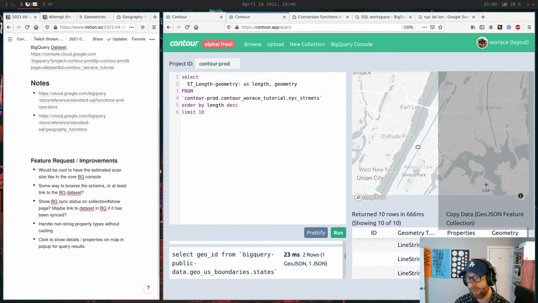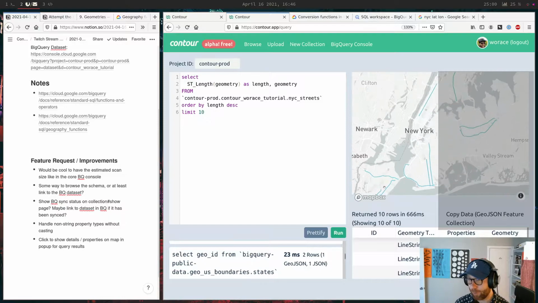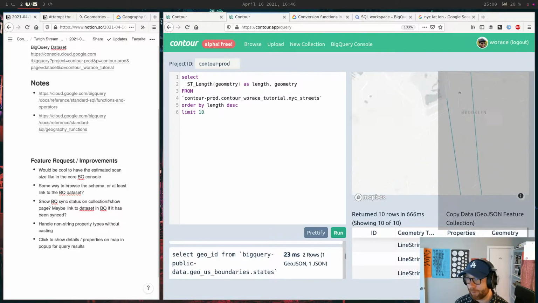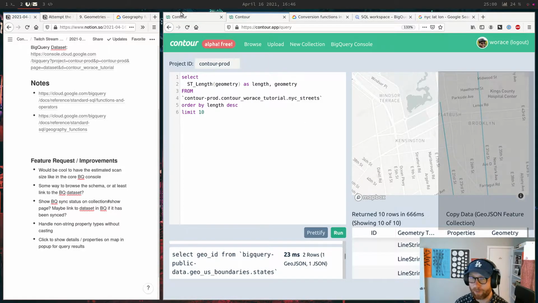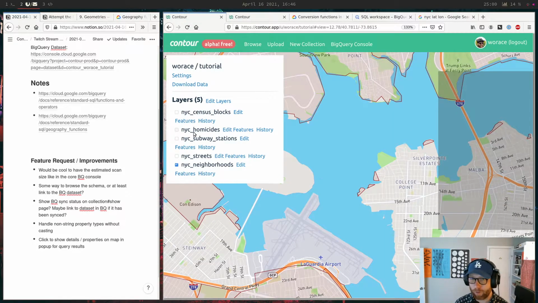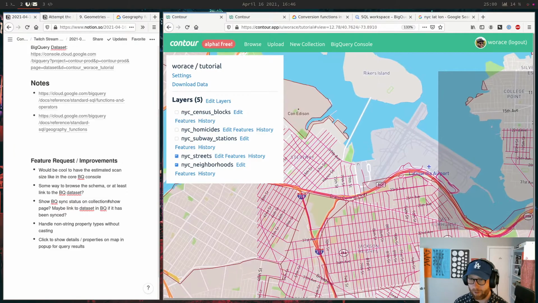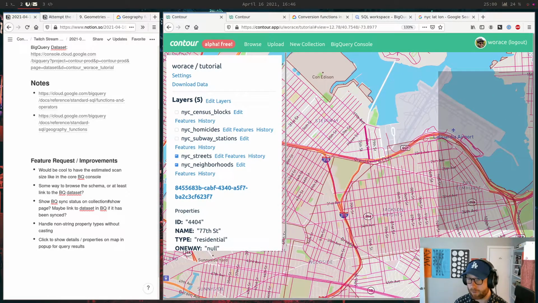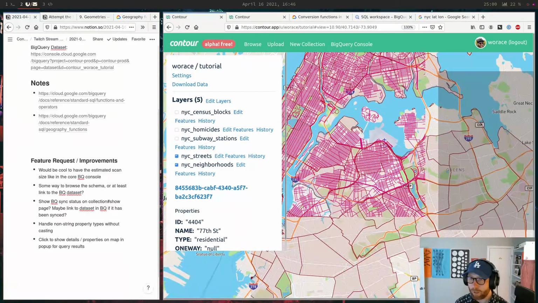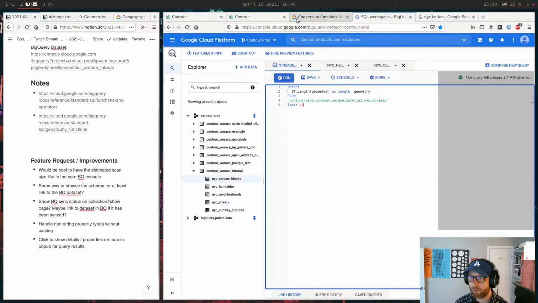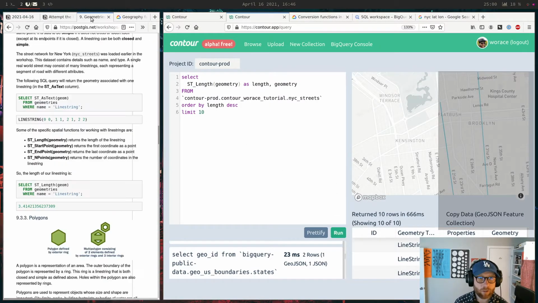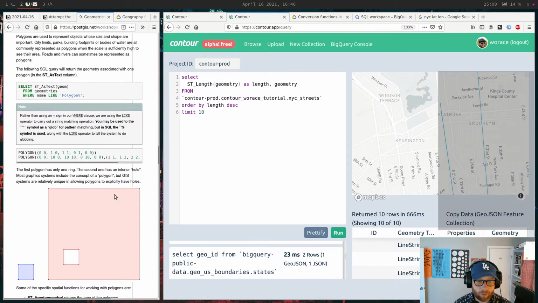I mean, this is a little bit funny. Those are long streets. This is a little bit imperfect because it's obviously very dependent on how the geometries are broken up. If you look at these, a lot of the streets are separated into single block segments or whatever. So that's maybe not the most accurate thing, but it's kind of cool to see that it works. All right, geometries, polygons, yeah.